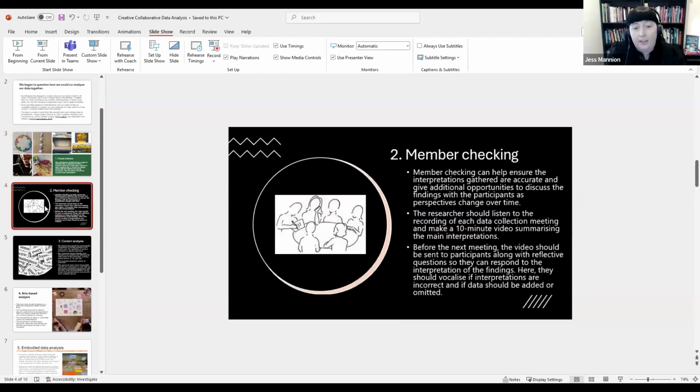So I didn't want to take this data away and put my own interpretation on it. I wanted it to be true to the core researchers. So I did member checking. And member checking can help ensure that the interpretations gathered are accurate, and they give additional opportunities to discuss the findings with the participants, because it's possible that the participants change over time, or that their perspectives change over time,